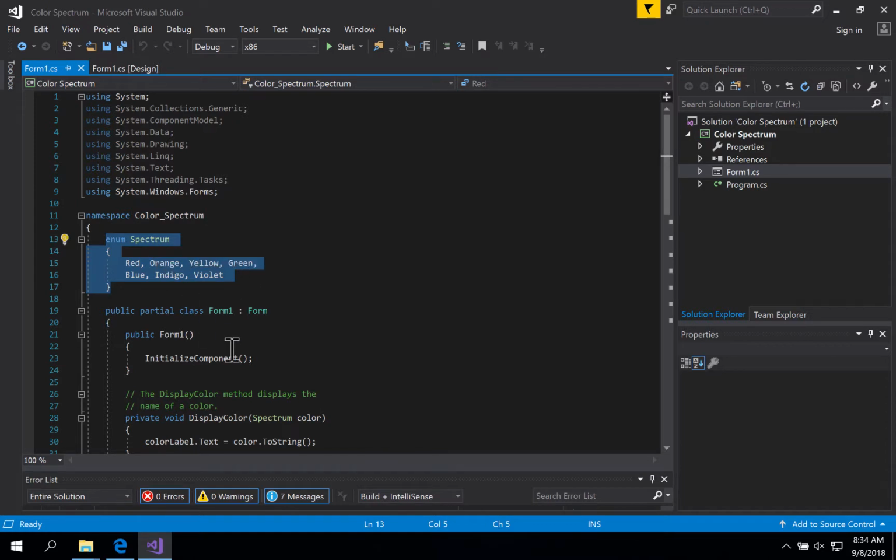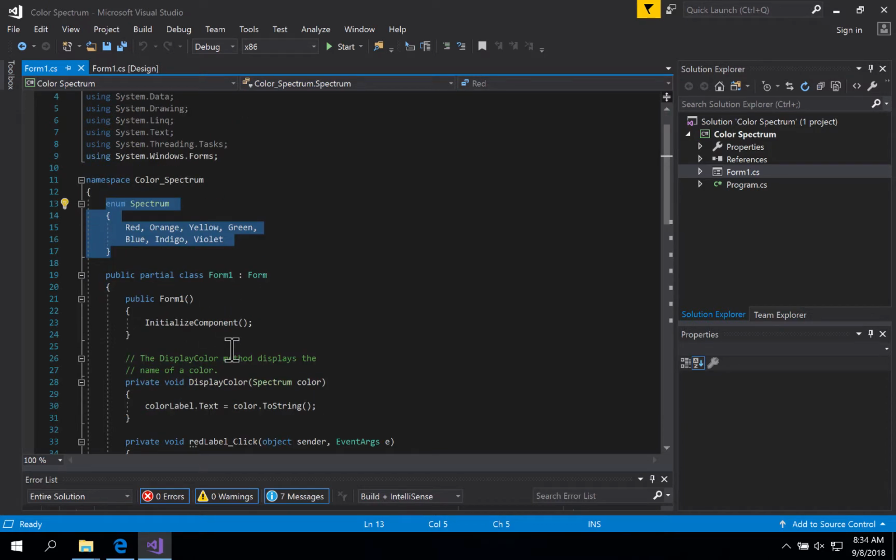Now the next thing that we're going to do is create a function or method named displayColor, which is going to take that spectrum and use it. It's going to convert the spectrum enumerated type to string right here. So the effect of this is it will actually show red, orange, yellow, green, blue, indigo, violet,